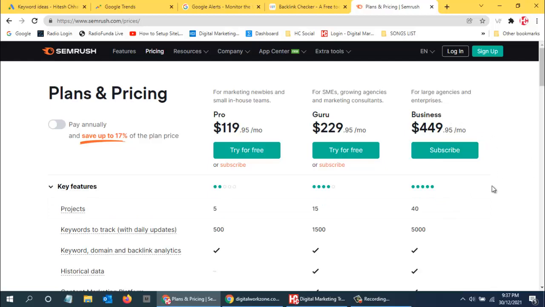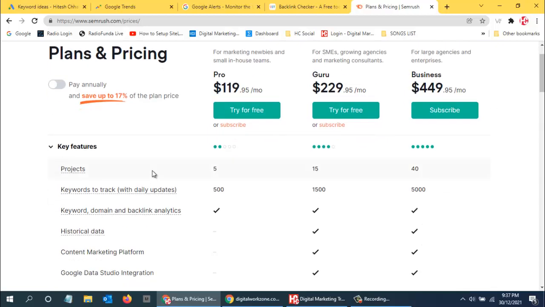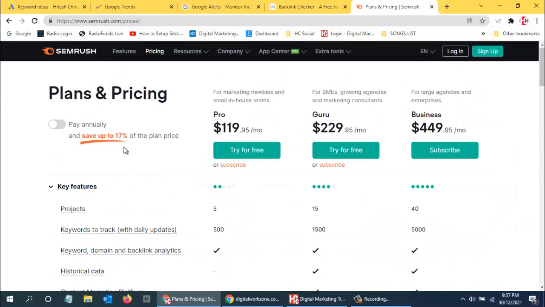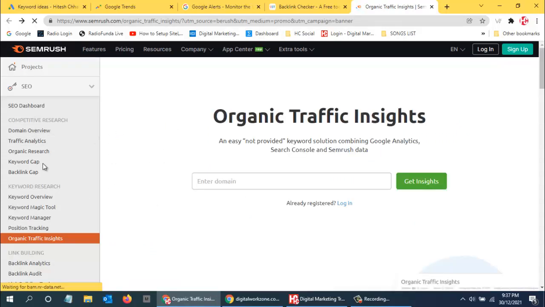So that is the only reason. But yes, this website provides us with free access also, so we can use those options to research. You can create a free account on SEMrush and do all the research that you want to do. You can add a website URL, get verified, and then start using it for your website. So I would suggest you use your own website, because with one email address you are allowed to add only one website.